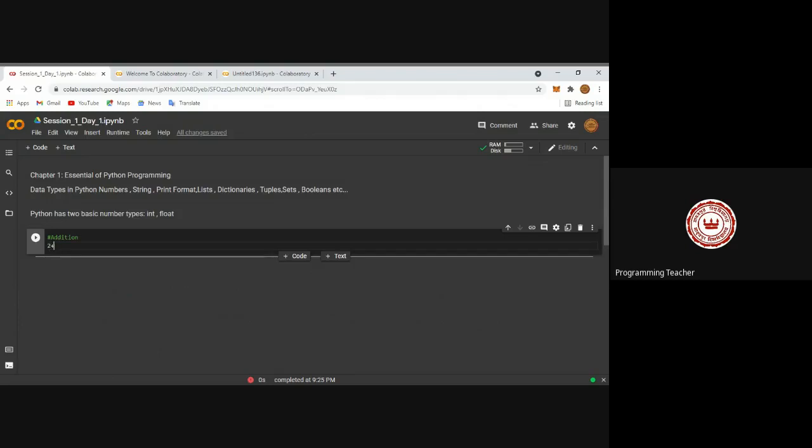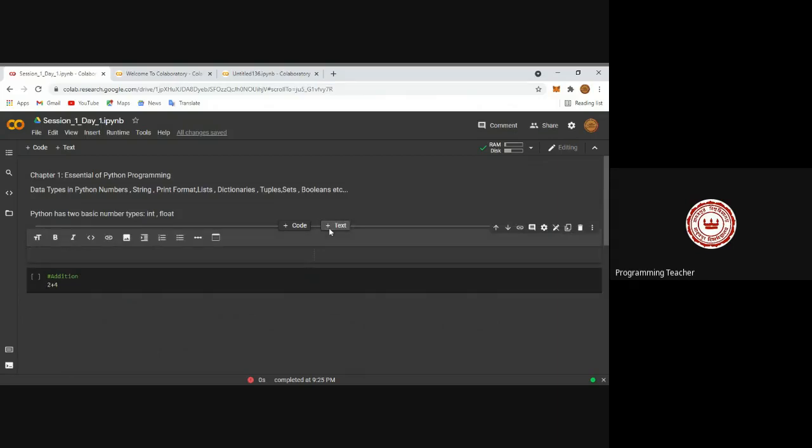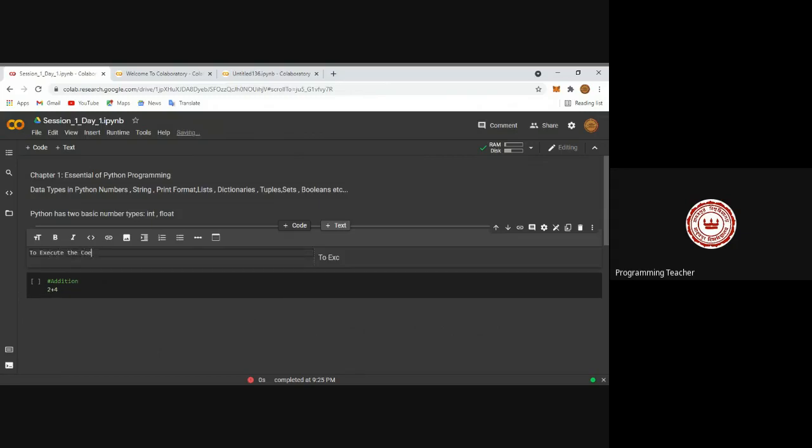2 plus 4. How to execute the code? There is an option that will tell us to run the code, that is Run Shell. Otherwise, to execute the code, you have to use the keyboard shortcut Control plus Enter.